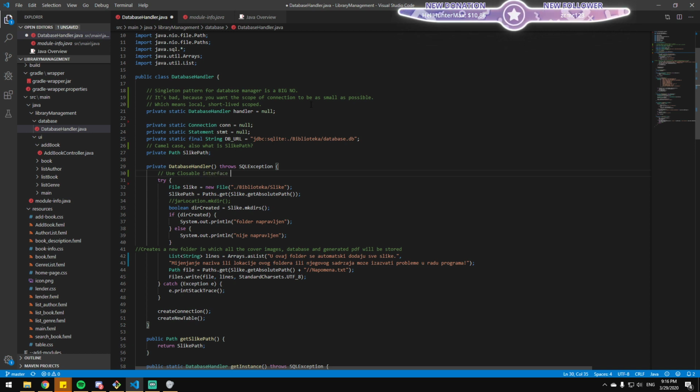So what will happen? What's the point? Okay, you make a connection, you don't do anything, and it closes immediately, or what? If it's comparable to using, in that case you can use it as a try with resource, and you can call close yourself. Currently you have it in the constructor, and it's never being closed, because the constructor shouldn't close it, since there should be methods called on that connection.